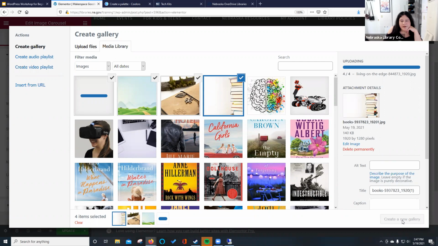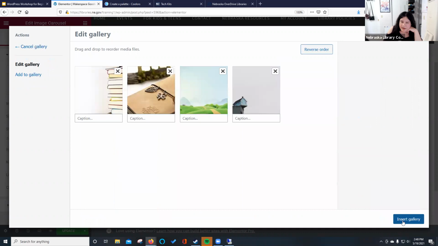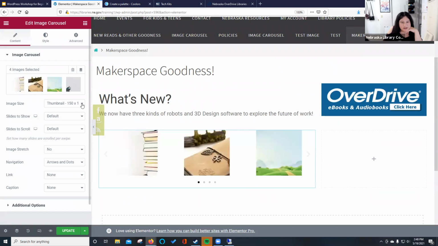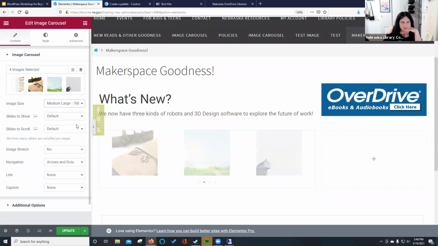Some of them I don't 100% remember why I downloaded in the first place, but I'm sure there was a reason at some point. So I will create a new gallery, and then it'll display a little thumbnail image to make sure you grab the right ones. Go to insert gallery, and then I usually change the image size of this so that it's a little bit easier to see. And let's try medium large